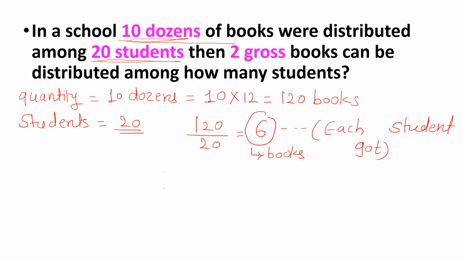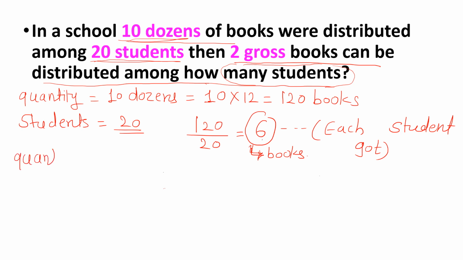So from the first part we come to the conclusion that each student got 6 books. Now the next part given is, 2 gross books can be distributed among how many students? Here we have to calculate the number of students, right? Quantity of books is given, and each student will get 6 books, which we already calculated, right? So